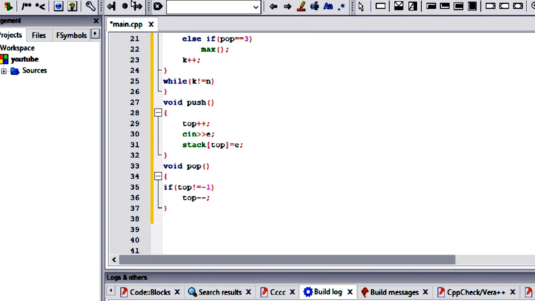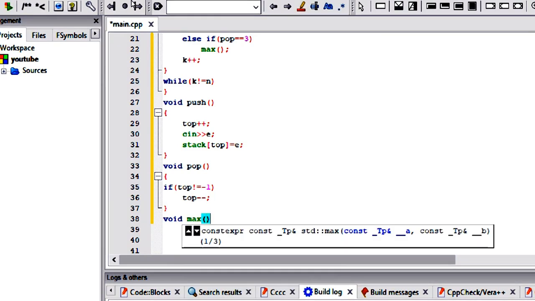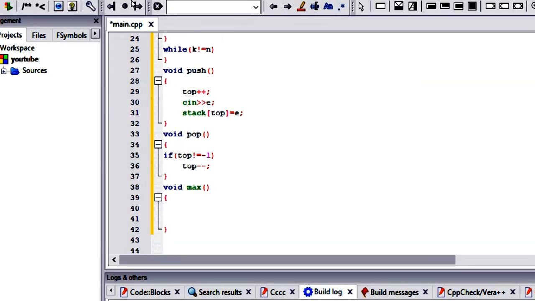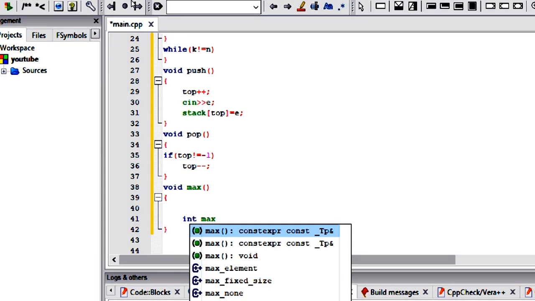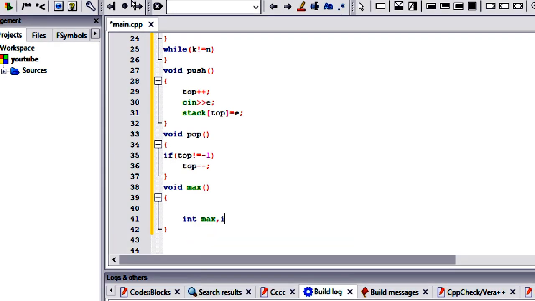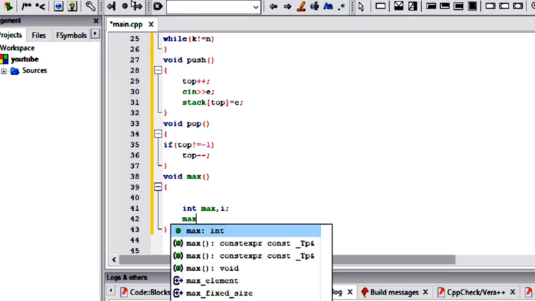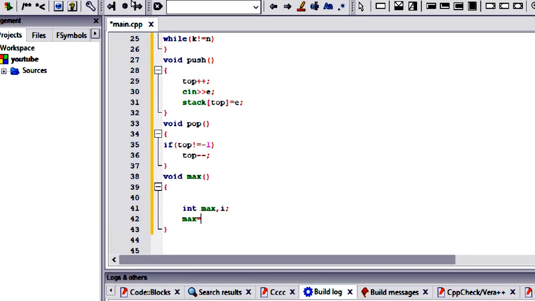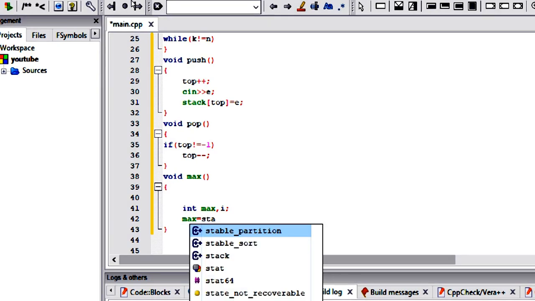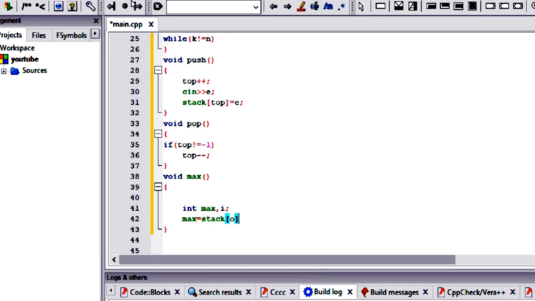And after it, we have to give the definition for max. For max, let's declare one variable max and i also. Now max is storing the stack of zero value.